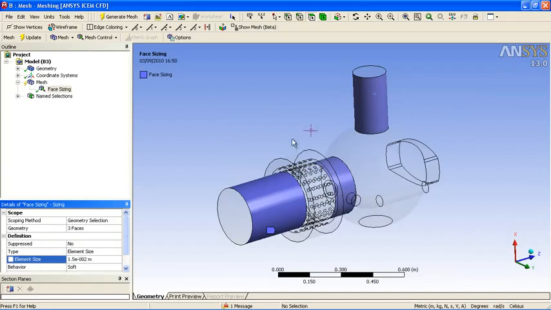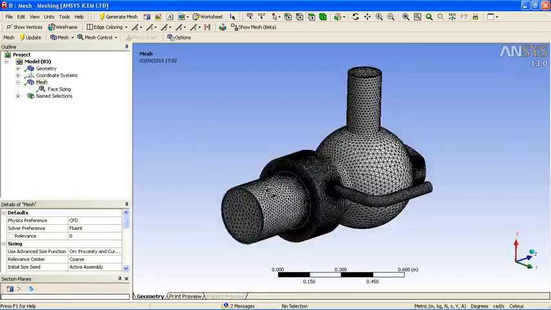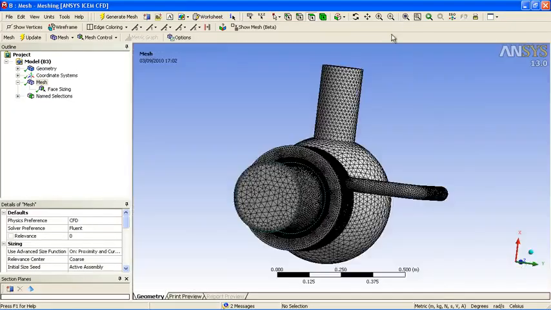We can also specify some individual sizes on some of the larger areas of the model. We can now generate an automatic tetrahedral mesh with boundary layer inflation. The boundary layer inflation tool also can reduce the overall inflation height in small areas, so it can automatically reduce the total height in each of the small individual ducts and then expand the inflation layer height in the larger free stream areas. So you can see the inflation on the outlet,